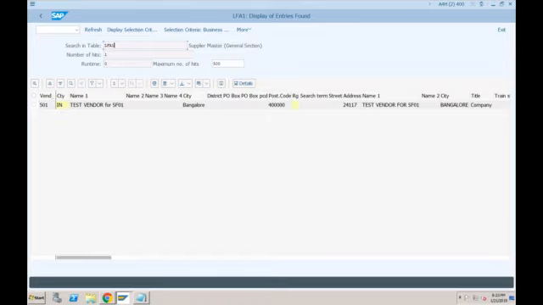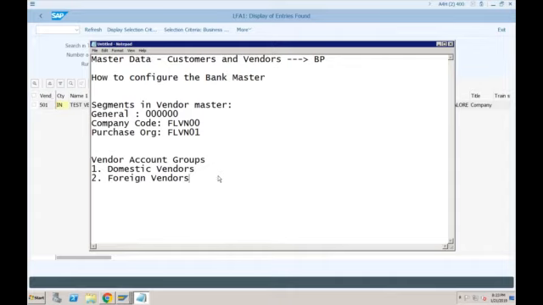Just remember, there is no change in the master data tables. Can you tell me which are the two types of tables which are removed in SAP S/4HANA? Master data tables are not removed at all. Only index tables and aggregate tables are removed. These are the only two types of tables which are removed in S/4HANA.